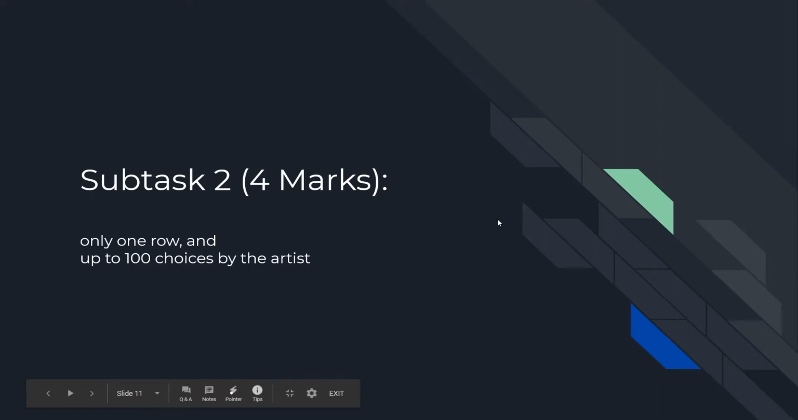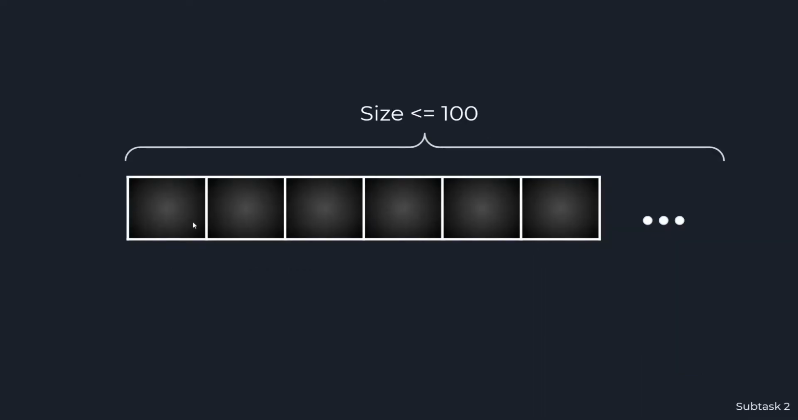Now we're going to move on to the second subtask, which is worth 4 marks, where we're going to have only one row and up to 100 choices by the artist to paint a specific row or column. Unlike the previous subtask where we only had to manipulate a 1-by-1 piece of canvas, we're now going to have to manipulate up to 100 pieces of canvas, which might get a bit difficult to track, especially because now the artist can decide to paint at different places along the column. So they could paint here, here, here, or beyond. And they could also